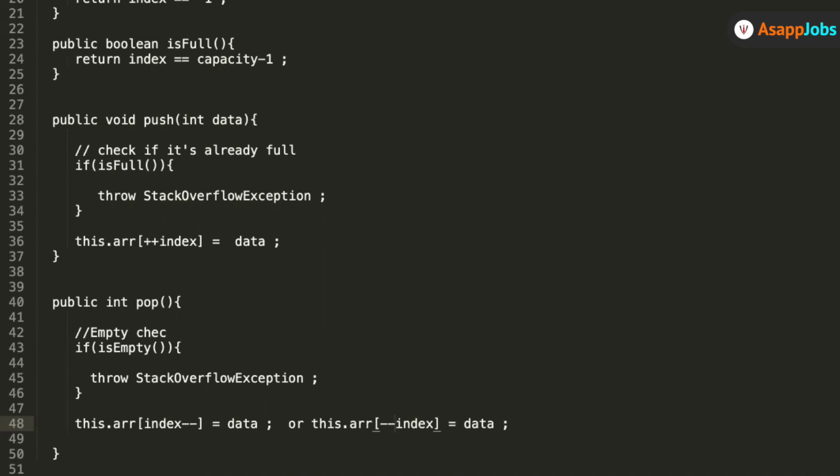So what is data here? Why are you using data? I mean, in pop. Hey, sorry, I'm really sorry. Yeah, so you're right. So basically, we have to first find the value at that index. So that is why I first don't decrement it. First, I get the value at that index. And once I get the value from that index, after that, I'm decrementing the value of the index. So in this case, this will be index minus minus.